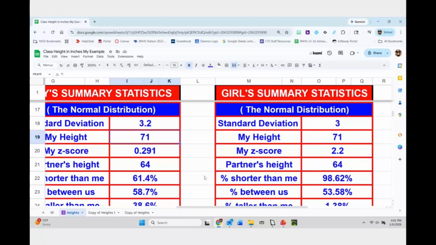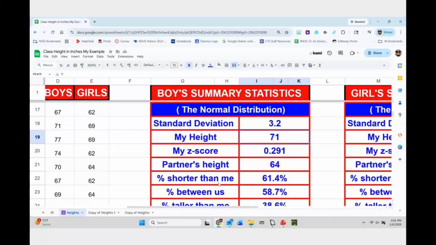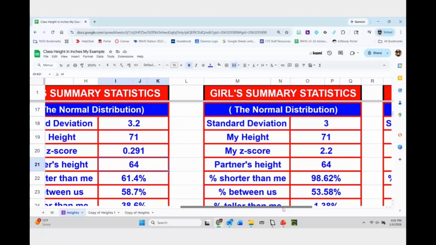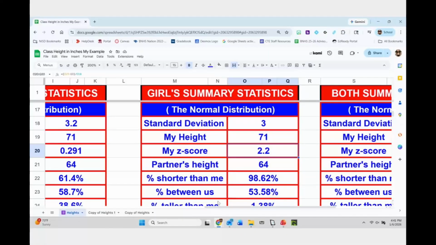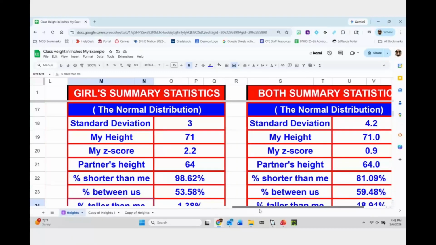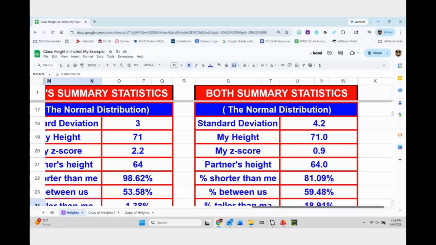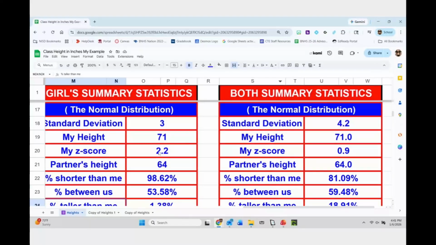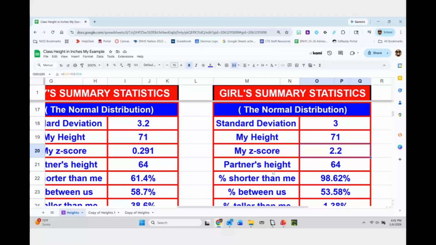You're going to do the same thing for your height, and I also want you to have your partner's because we're going to do in between as well later. You can have your height, your z-score, and you can put your partner's height, or we can wait until tomorrow. We're going to deal with that tomorrow. But you need to calculate your z-score for each one of these groups, comparing how your data value falls compared to the population that you collected in the boys, girls, and both combined. So we can see here, with girls, obviously,